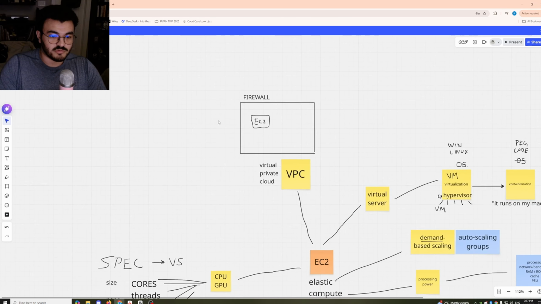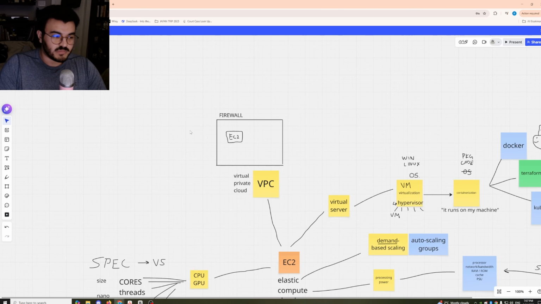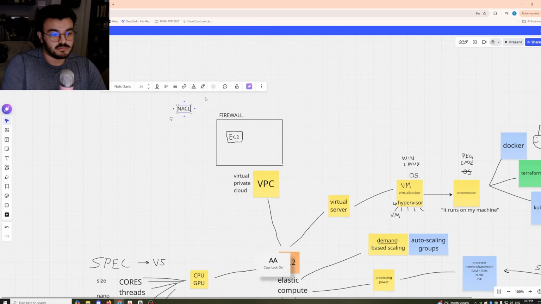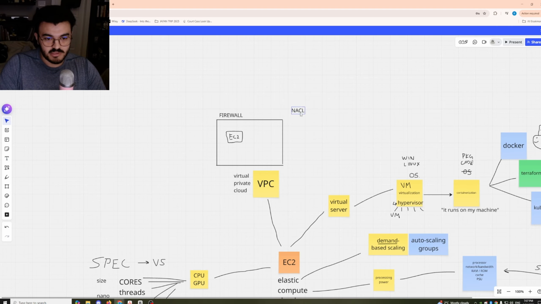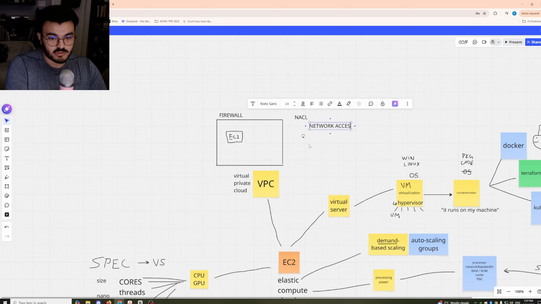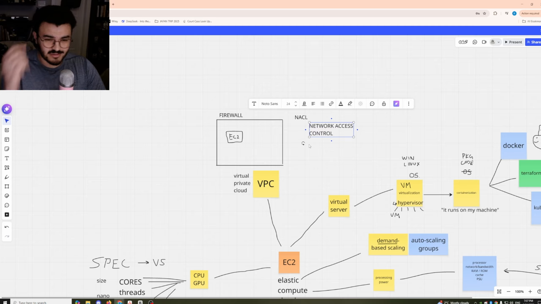And then when you get into VPCs, you can also get into NACLs. That's so fun to say. NACL is basically network access control list.